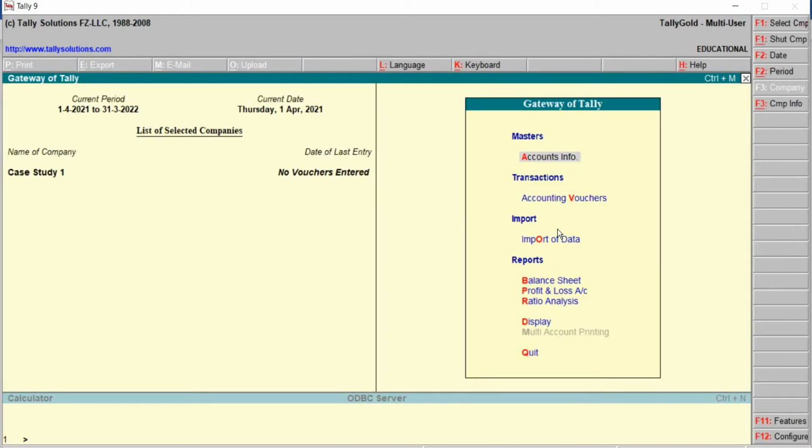Right now the company is created and here we can see on the left hand side case study 1, gateway of Tally and transactions. Directly we will go back to accounting vouchers.